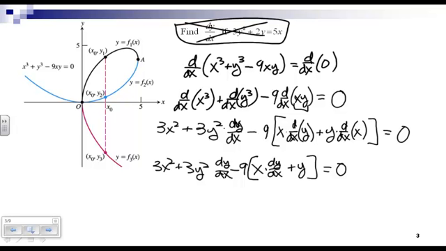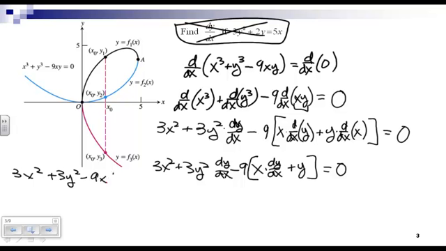Now it's time to try to isolate dy/dx. Let's get dy/dx by its lonesome. The process of this, everything that's not dy/dx is going to go over to the other side. When I'm done, I'm going to get a side with a bunch of things that have dy/dx's. Everything else is on the other side. We'll factor out the dy/dx and then divide. So, cleaning this up, 3x squared plus 3y squared